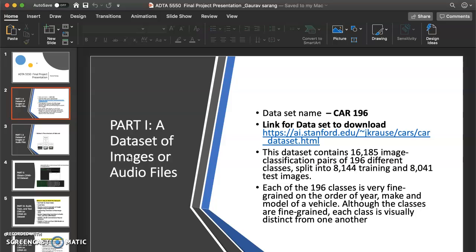This dataset contains 16,185 images of cars in 196 different classes, and this is split into 8,144 training and 8,041 test images. Each of these 196 classes is very fine-grained, on the order of the year, make and model of the vehicle. Although classes are fine-grained, each class is visually distinct from one another.